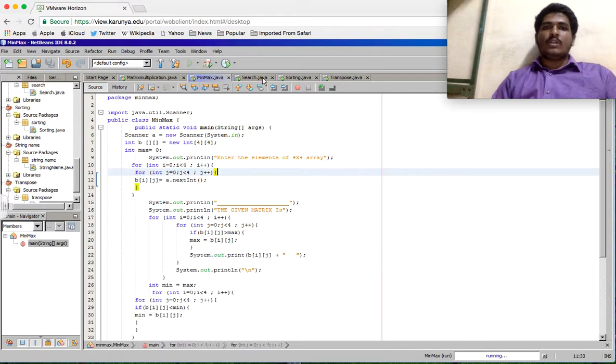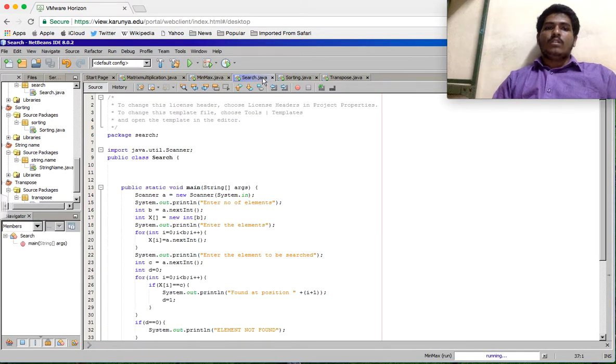Now I'm going to search Java. Search Python. Search: import java.util.Scanner; public class Search { public static void main(String[] args) { Scanner a = new Scanner(System.in); System.out.print("Enter number of elements"); int b = a.nextInt(); int x[] = new int[b]; System.out.print("Enter the elements"); for (int i = 0; i < b; i++) x[i] = a.nextInt();